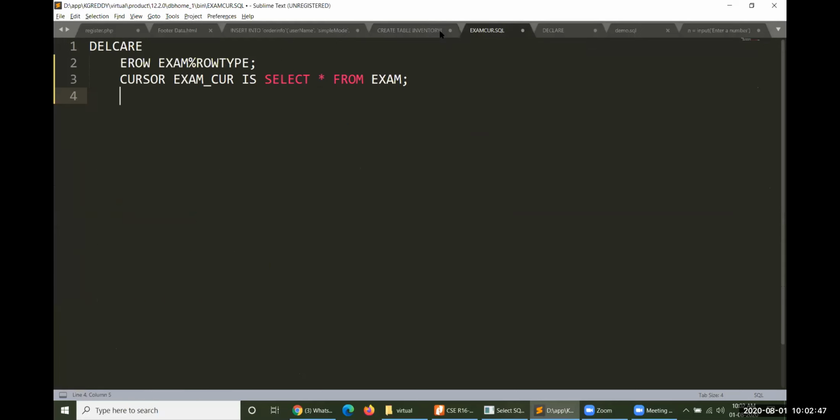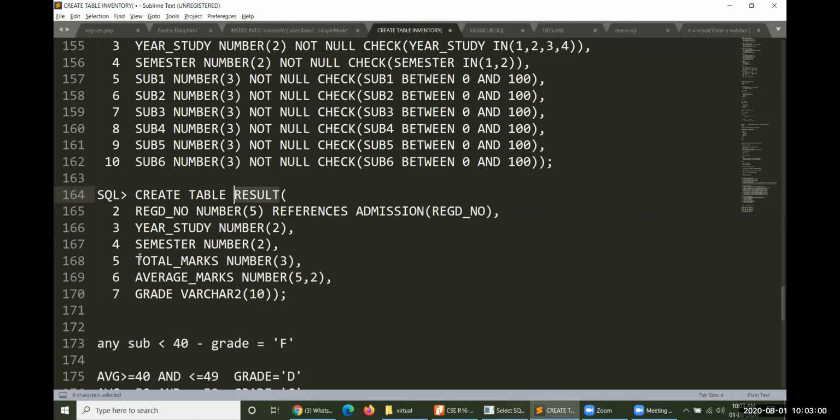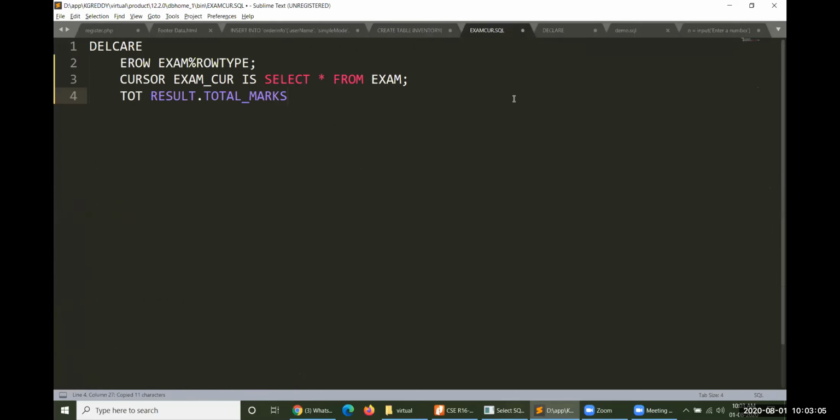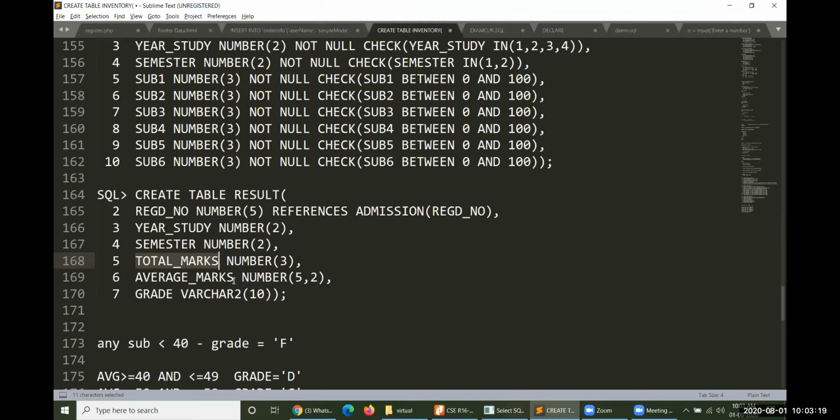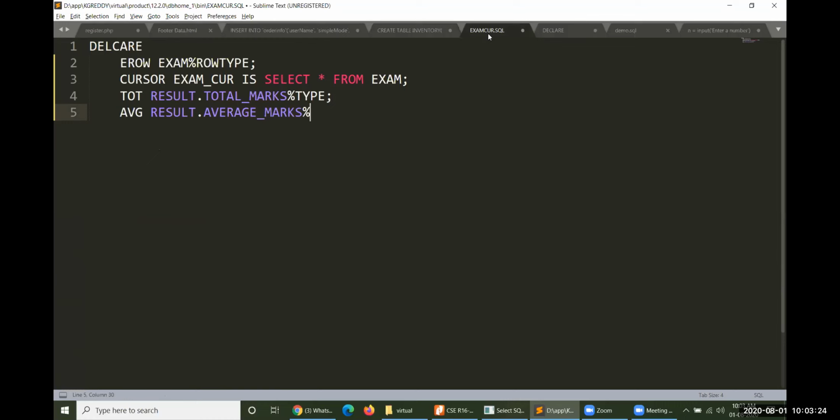So the first one is TOTAL, otherwise TOT, which could be defined as result dot total marks percentile type. Then the second one is AVG, average, so result dot average marks percentile type.